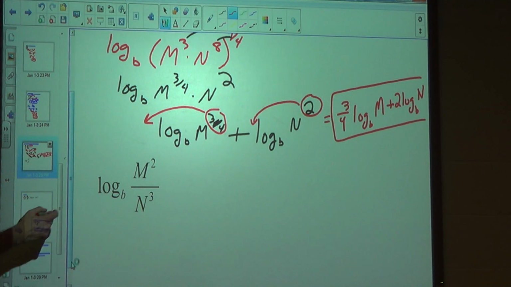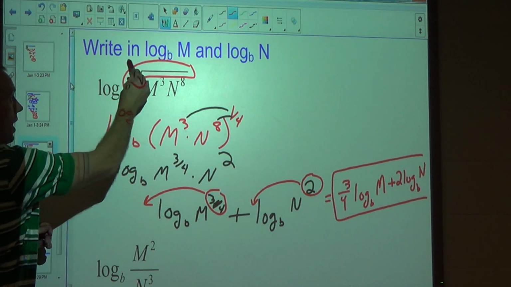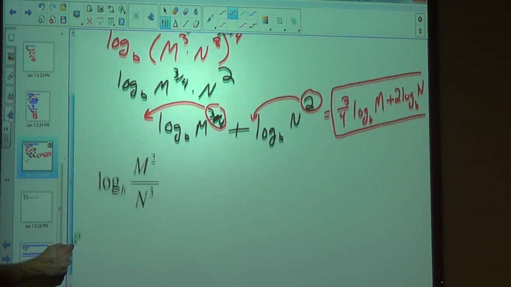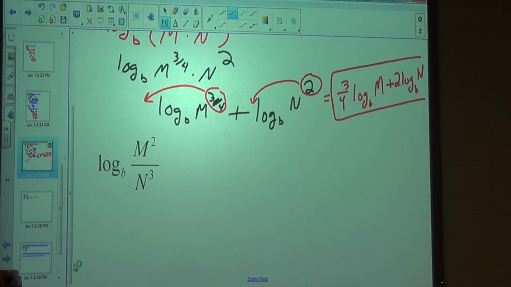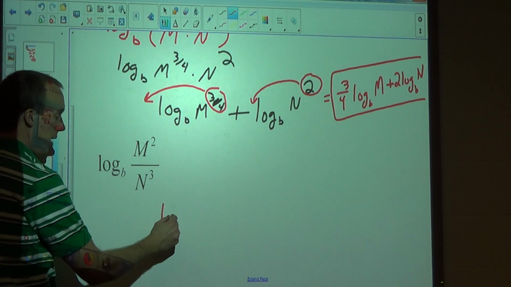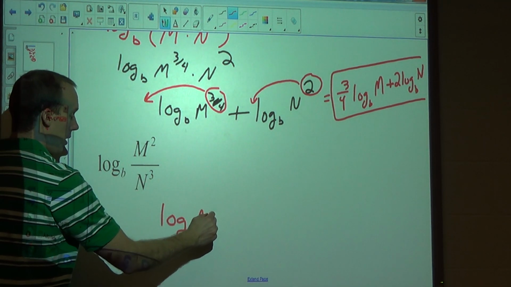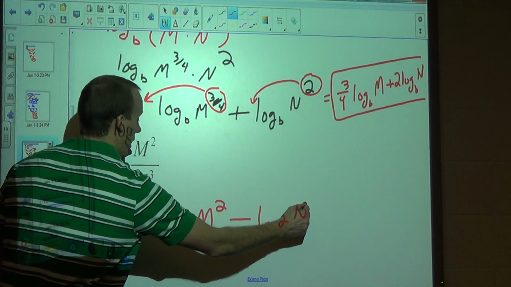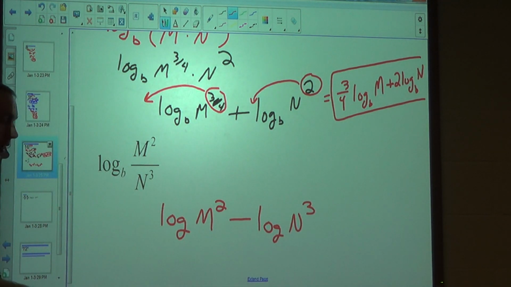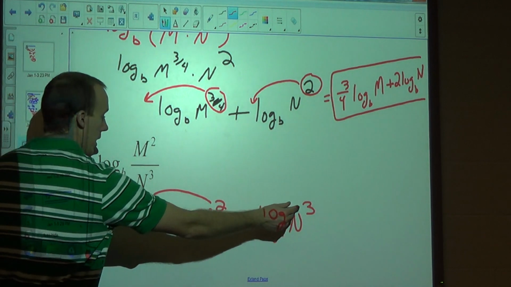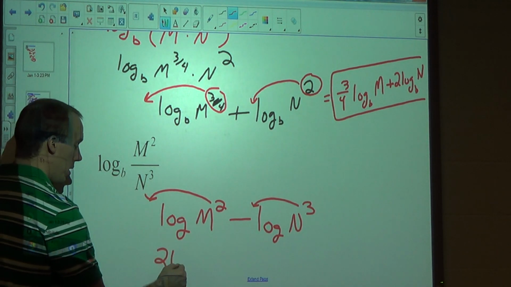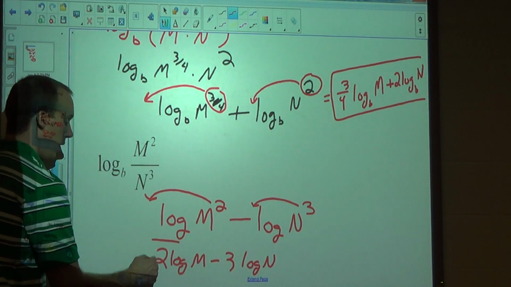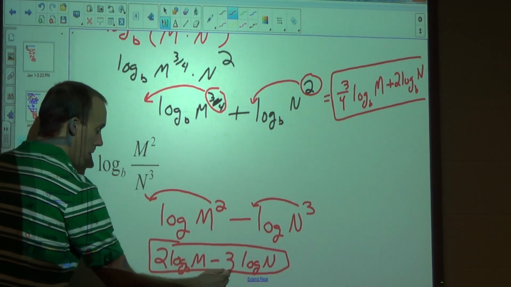And the second problem here. So again, I'm splitting, so the directions again say write in log of m and log of n. So not together, m and n, separately. So how would I separate these m's and n's now? A division turns into what? Subtraction. So log of m squared, now it's minus log of n cubed, and then what? You put the exponent in front. Yep, bring them to the front, so it's 2 log m minus 3 log of n. Forgot your b. I did. It just says